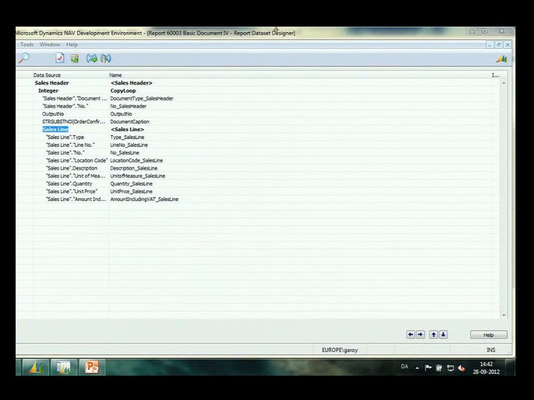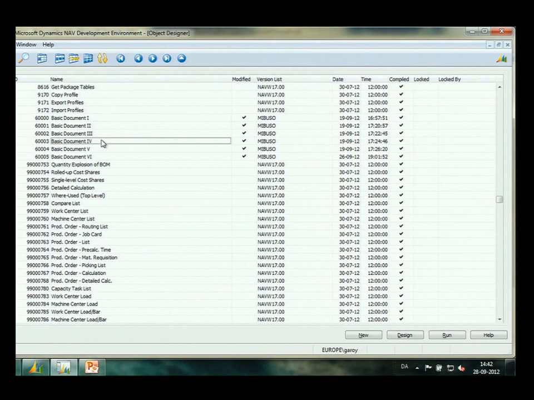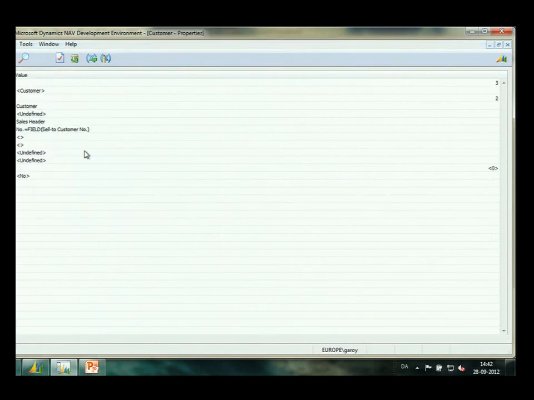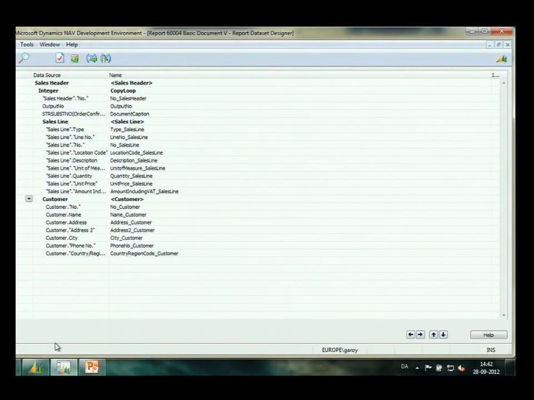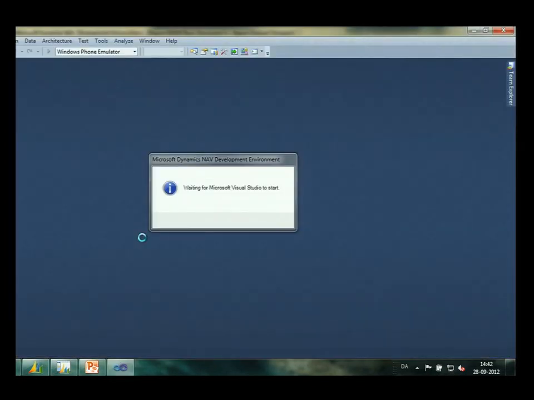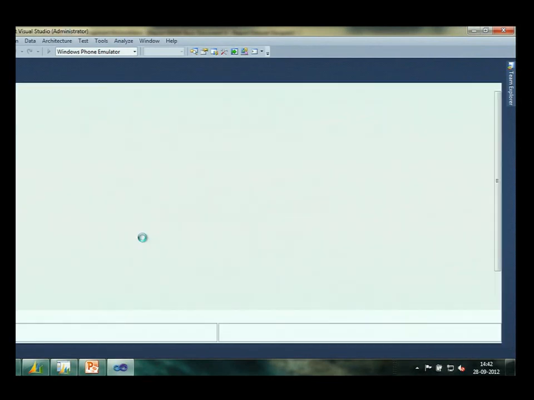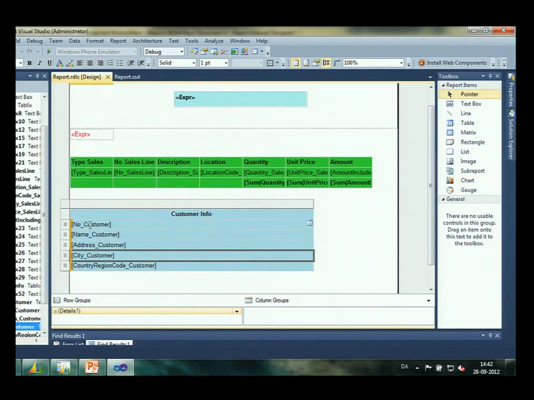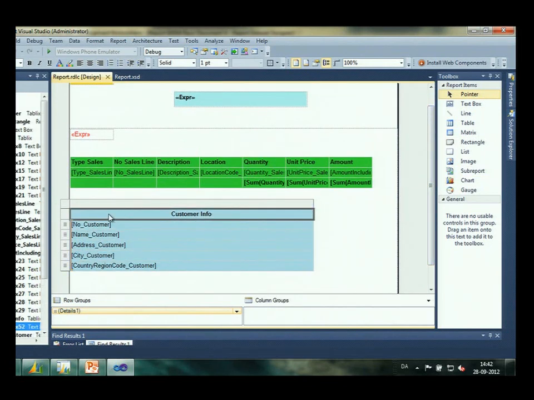But what did I miss in here? So let's see if I want to now add a customer. So I added a customer at the same level as the sales line because it's one sell-to customer related to the header. And I linked it to the header using sell-to customer number. And if I just go and try to see the layout now, I've added a table region in here, and I've put some fields in there and a header called customer info. If I try to print this,